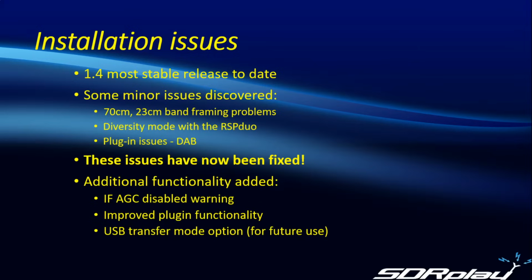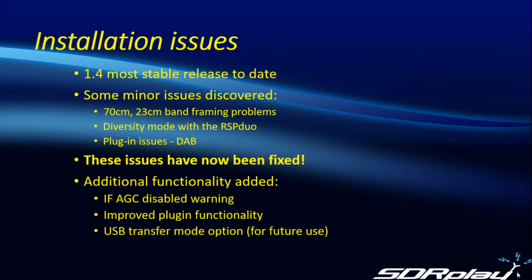But the good news is that all those have been fixed. And as an added bonus, we've added some more functionality. There is now a warning flag if you have the IF-AGC disabled. As you may know, we normally recommend leaving IF-AGC turned on and just adjusting the RF gain in the case of signal overload. The plugin functionality has been improved as a result of what we discovered with the initial releases,